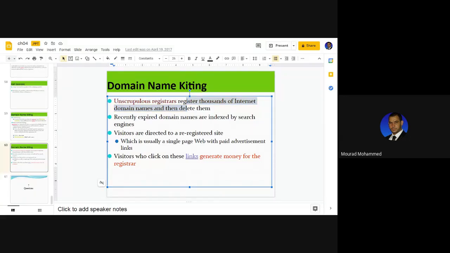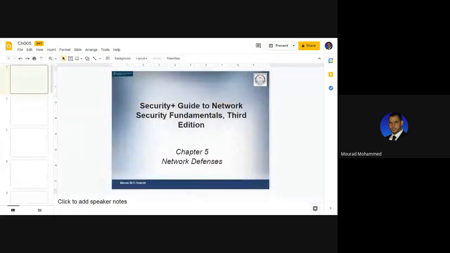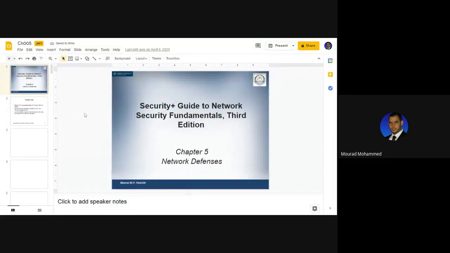I'm going to open chapter number 5 meanwhile. All the issues we defined, all the techniques we defined in this unit, chapter number 4, are actually going to be secured in this unit number 5, which is the defenses. We are going to go through how to defend against those issues. So we saw vulnerabilities, we saw methodologies via which we apply those network attacks. Now the defense, the countermeasures. We'll define security measures to prevent